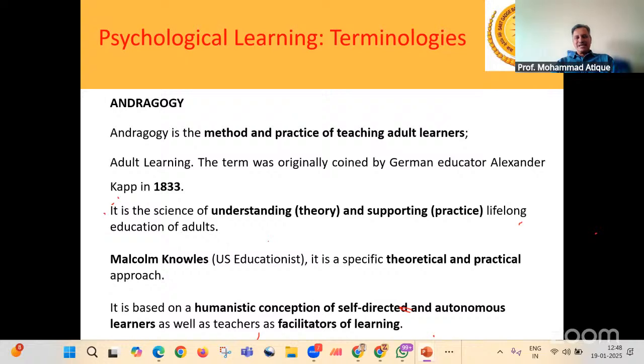They don't feel it is appropriate most of the time to be taught the way you teach a KG1 or KG2 student, wherein you support them in learning at every minor step. Here, they feel that you should expose them and let them learn on their own, right? So this andragogy is something we need to consider, and as a teacher, our role is a little bit different. Now if you look at today's scenario, wherein the students are equipped with a lot of ICT tools, your role as a teacher has changed drastically.